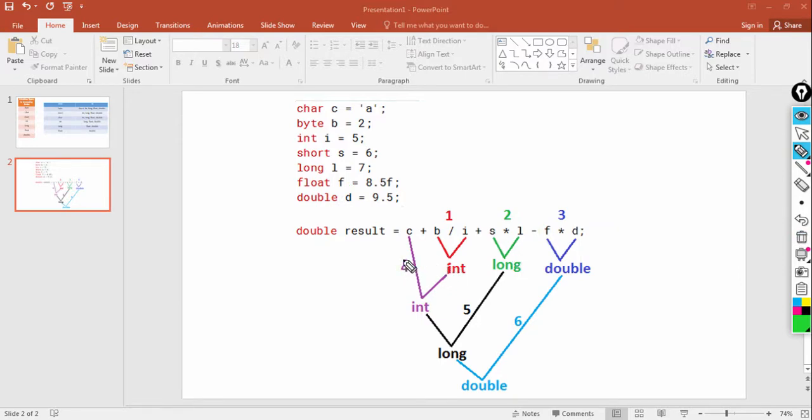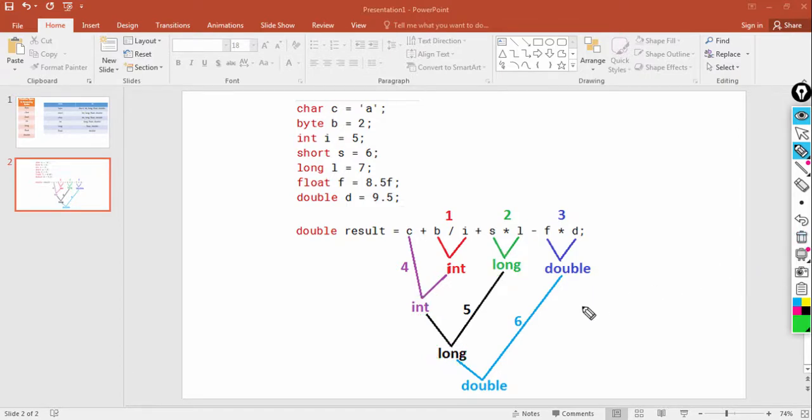So now we are left with a character, an integer, a long and a double, okay. So in step number 4, this addition will happen, and one of the operands is a character and the second operand is an int. So the character will be converted into an integer and the final result will be an integer. Then in step number 5, one of the operands is integer and the second operand is long, so the final result will be long.